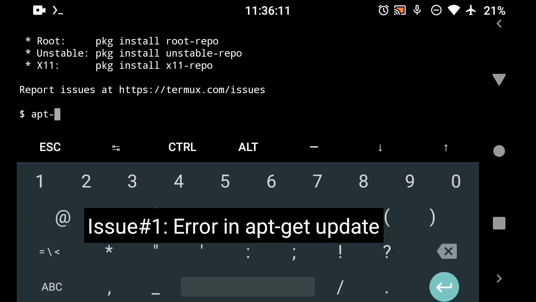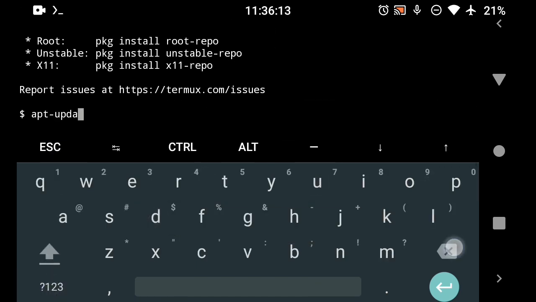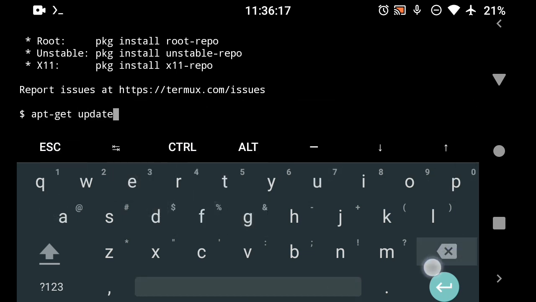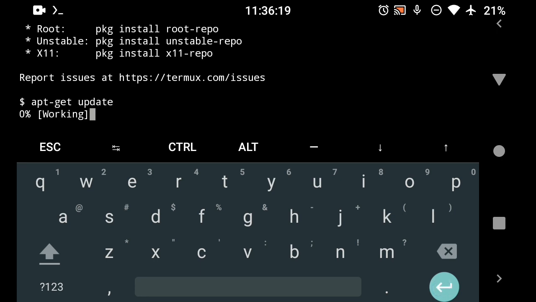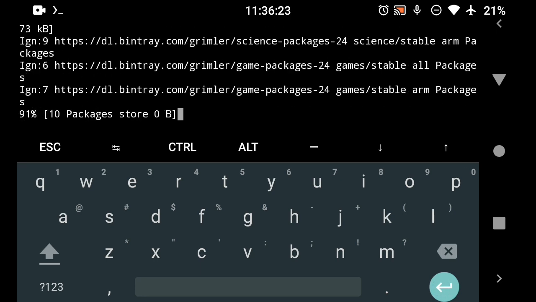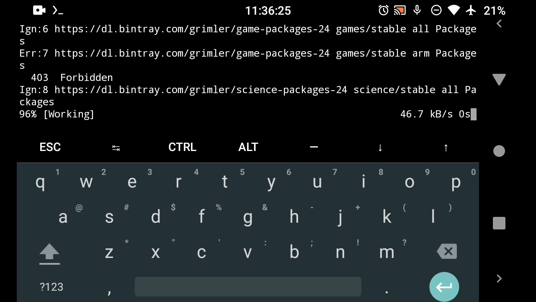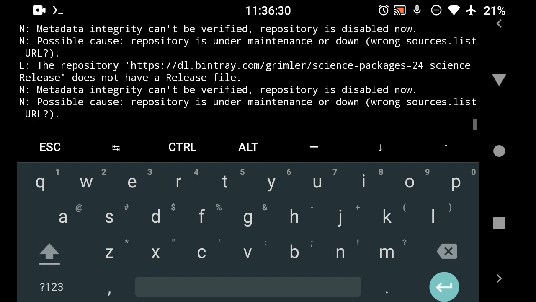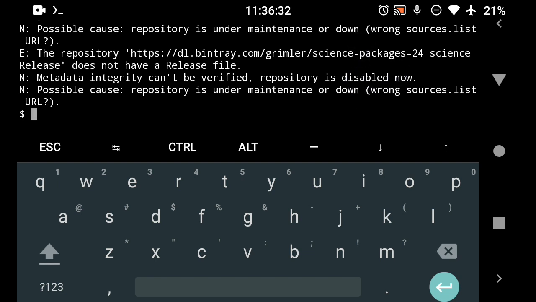Let me demonstrate. If I type apt get update, just like that, you're going to get an error about some repository. Possible cause: repository is under maintenance. That's because the repository is down. So what you're going to do is set Termux